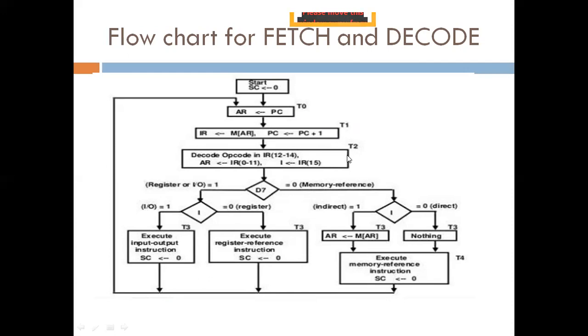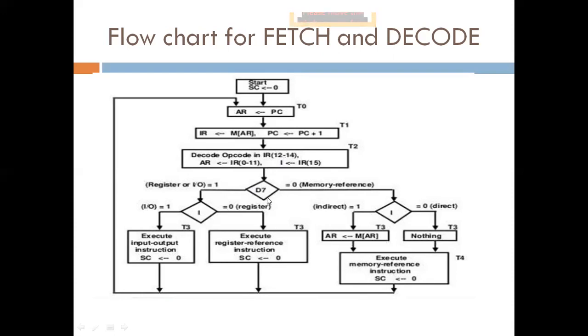At the time of T2, decode. Decode means divide the instruction into three parts. The instruction that is going to be executed is stored in the IR, and it is divided into three parts. Bits 0 to 11 are stored into the AR, 12, 13, 14 are decoded as D0 to D7, and the 15th bit is stored into I. Now, depending upon the value of D0 to D7,